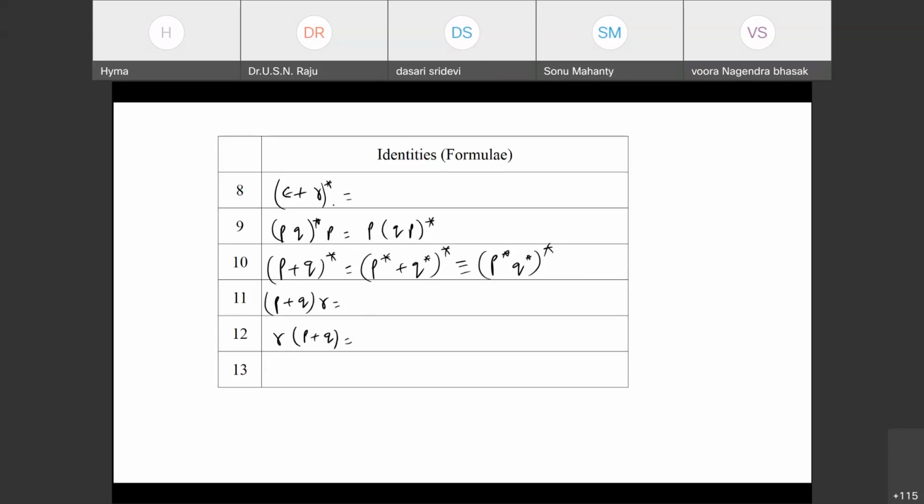Now you tell me what is the answer for the first one? Epsilon plus R whole star. Can you write R star? Yes, sir. Okay. What about this one? Is it true? P plus Q whole star concatenated with P equal to P QP star. Now you see a P plus Q whole star. What is PQ whole star? Epsilon. Then